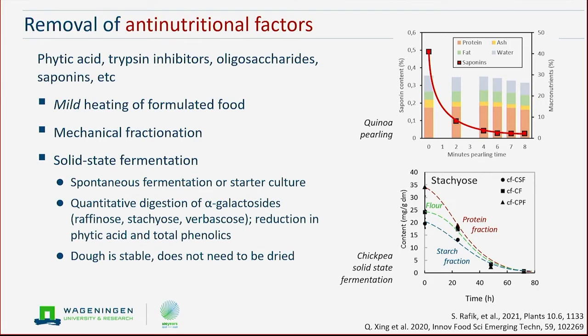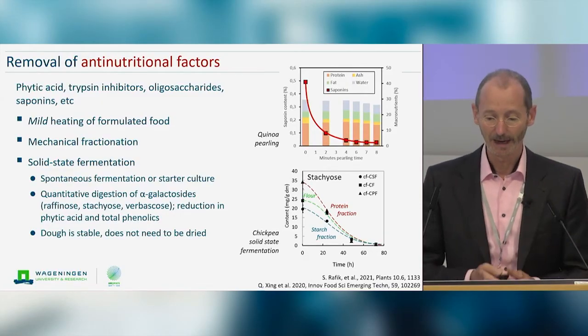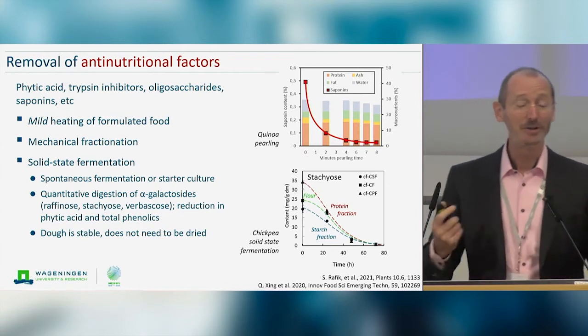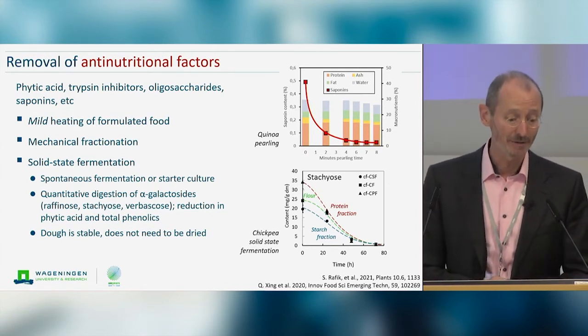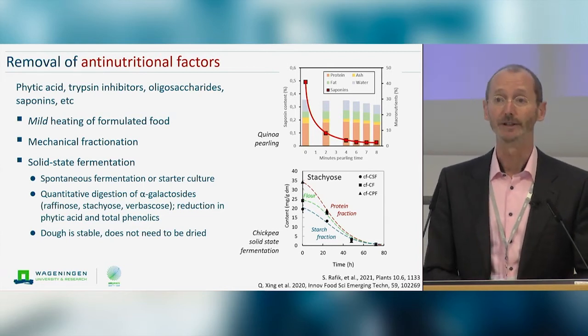What we also can do is to have, once more, precision mechanical fractionation. For example, yesterday we discussed quinoa and the role of saponins. Well, these saponins are actually located on the outside of the quinoa shell. So if you mechanically abrade the outer surface of the quinoa kernel, you will actually lose the saponin content as well, pretty fast. And you can also, for example, use solid state fermentation,